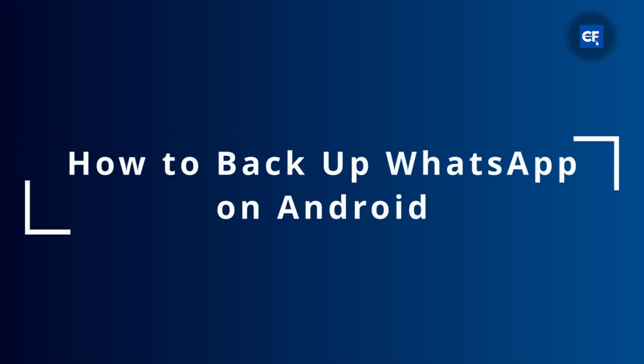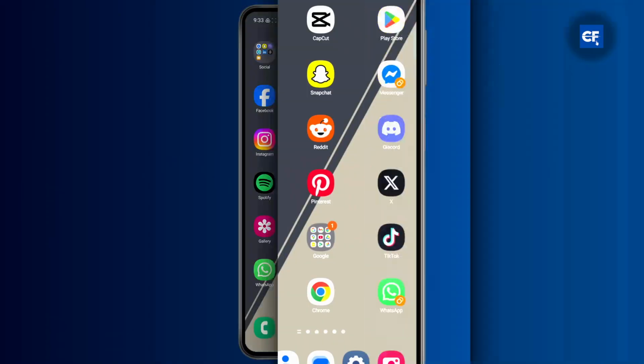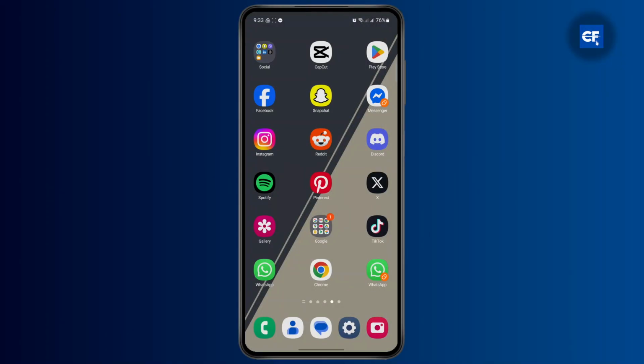How to back up WhatsApp on Android device. What's up everyone? Today I'm going to show you a quick and easy way to back up your WhatsApp chats